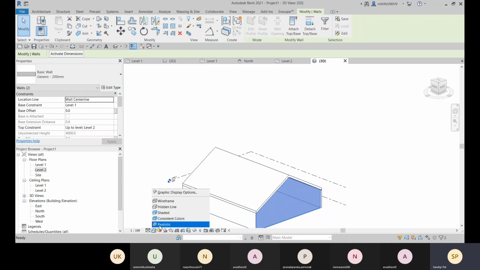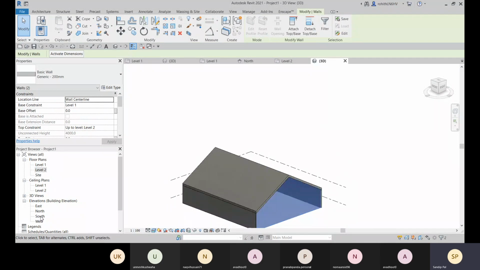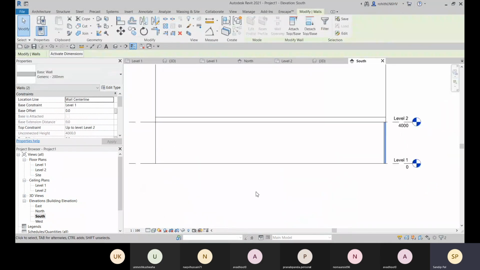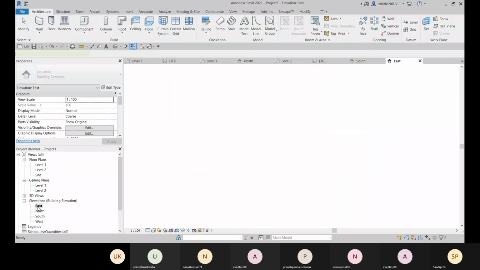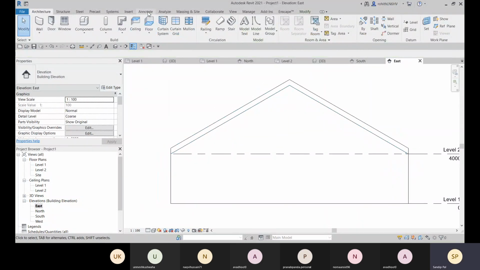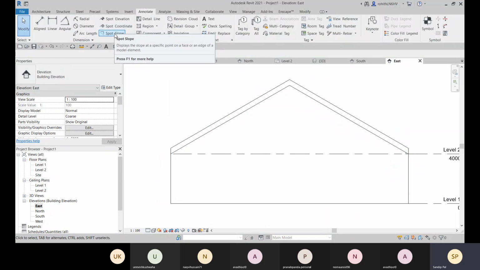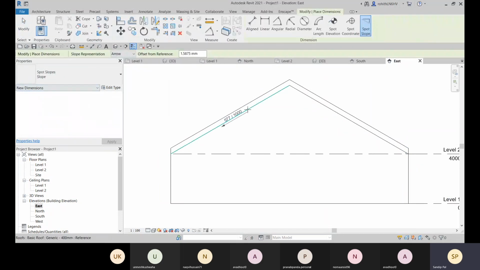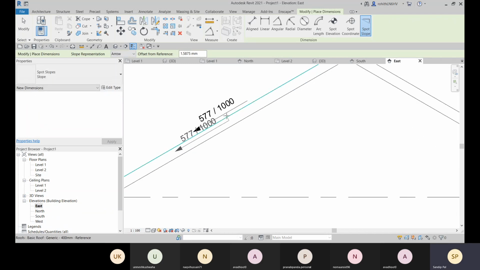Now let me show you in the elevation, in any elevation there. And now let me go to this annotate tab here, and here we have this spot slope, where we can mention the slope.